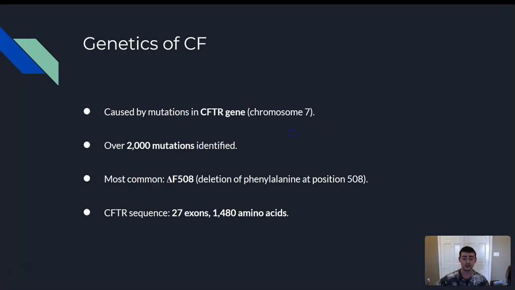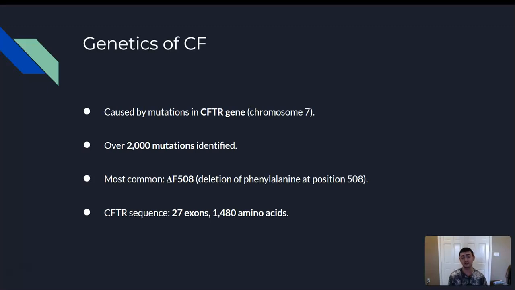The genetics of cystic fibrosis. Cystic fibrosis is caused entirely by mutations in the CFTR gene. Located on chromosome 7, the gene contains 27 exons and produces a protein with 1,480 amino acids. More than 2,000 known mutations can cause CF, but the most common is called delta F508, which